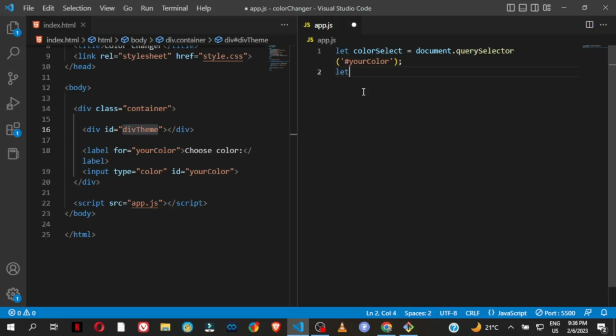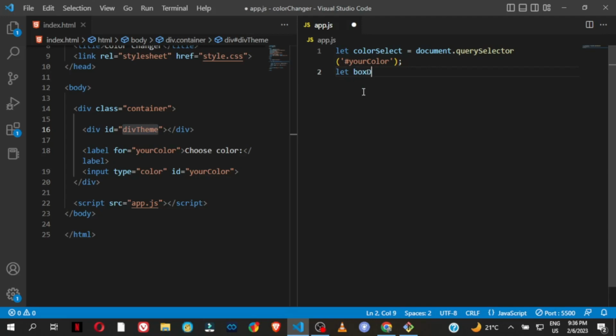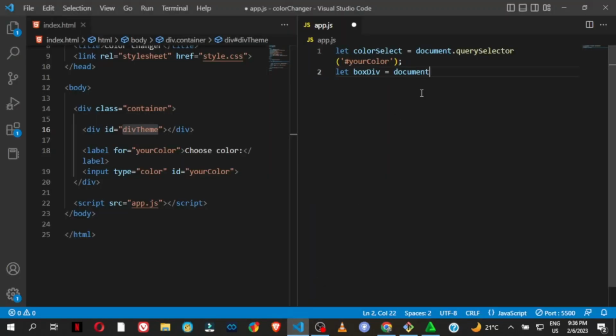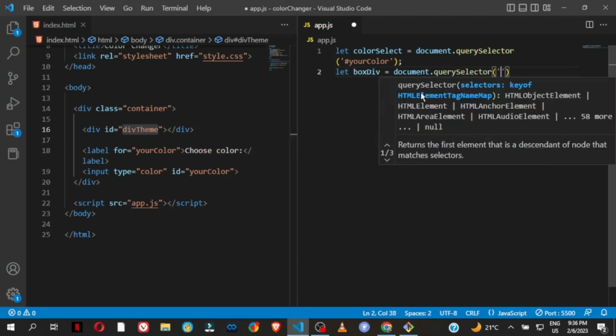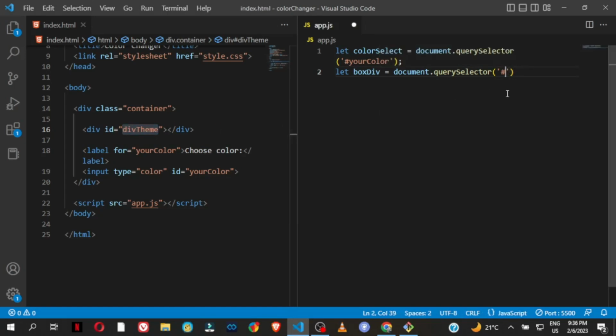So let, and as I said, these variables are user defined. So I'm going to call it box div, right? You can call it anything you want, so long as it makes sense, because it's somehow like a box if you are to look at it, right? So document dot query selector, and we are going to access the ID, which is div theme. So make sure it's what you post here, hash div theme. Very, very simple. So we have access to those two elements,